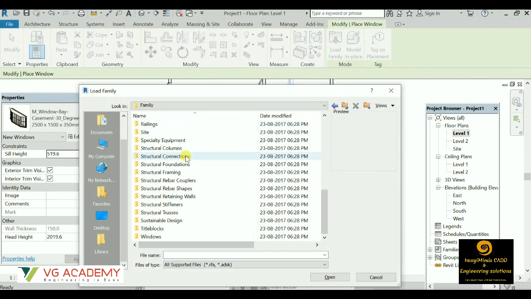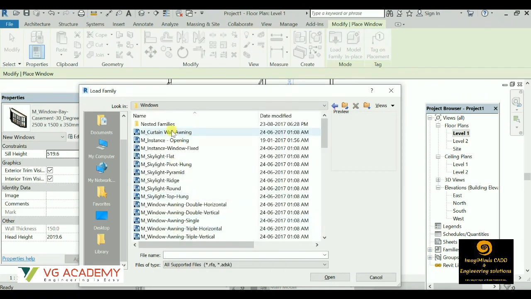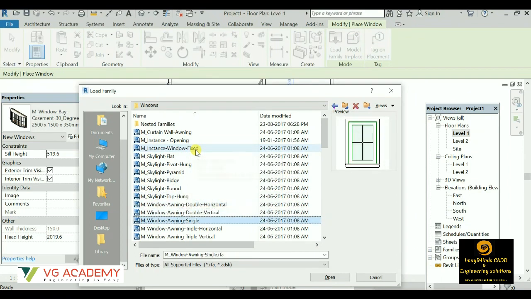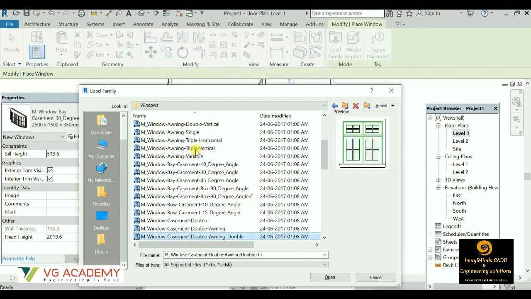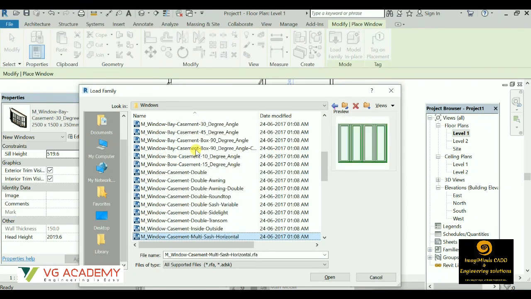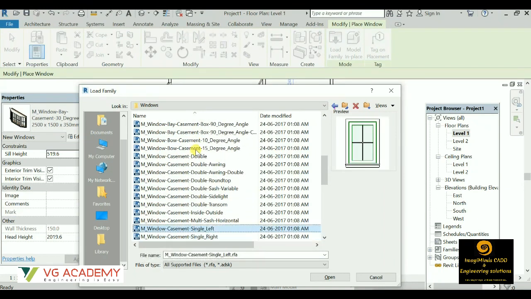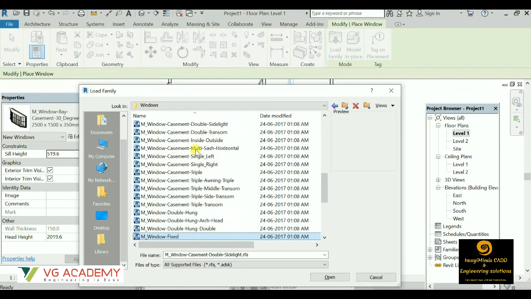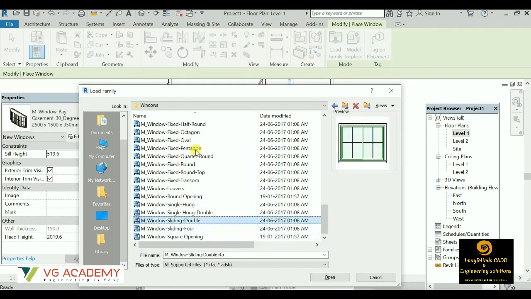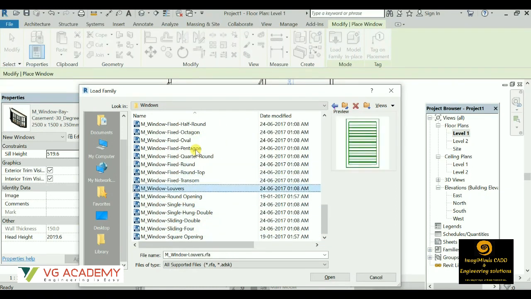So from this option, go to this windows. I'll show you a few. The process of application is same. You have to place the window with the same process. These are the different types of windows. Like for bathrooms, we have louvers. I'll show you the louvers. These are the louvers.